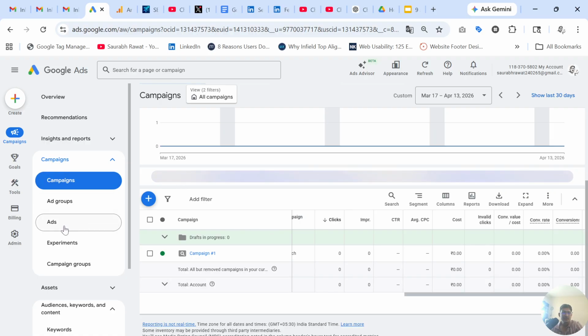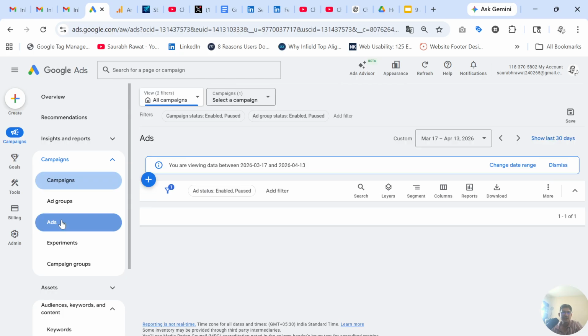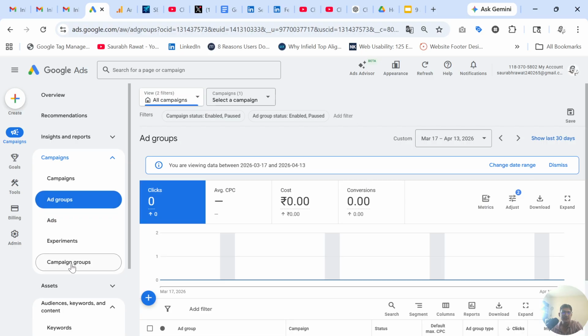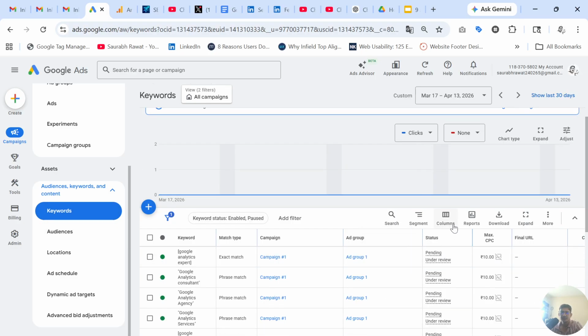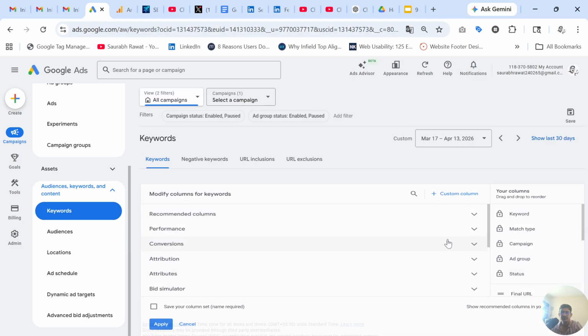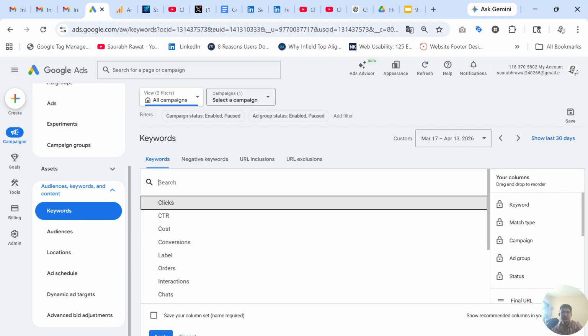And second thing, you can check this metric anywhere, in the ads, in ad groups. Even you can see it in keywords. This is also available here. You can simply click on columns, modify columns, and the second method is you can simply search here